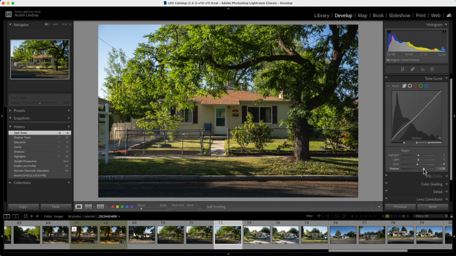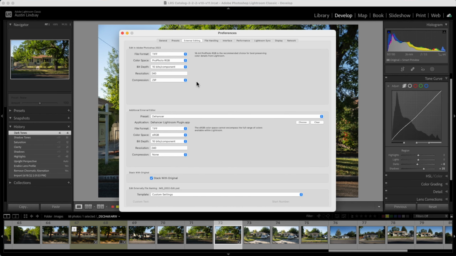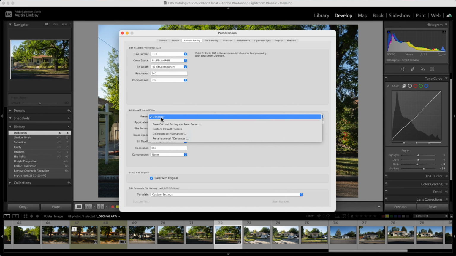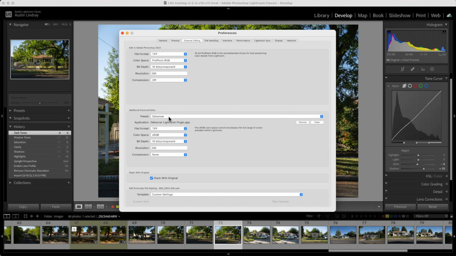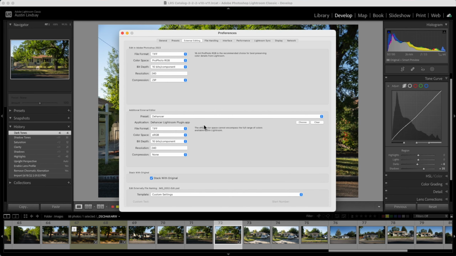bring it into Dehancer. So let me go ahead and show you how to add Dehancer as somewhat of a default editor in Lightroom. So you're going to go into your preferences and then you're going to go into external editing. And then normally you have Photoshop here, which is your main editor. What you do down here is you add Dehancer. So you go ahead and it probably will be blank. So you can go ahead and choose the application that you want. You'll go ahead and choose Dehancer in your applications, and then this will become the default program for this secondary